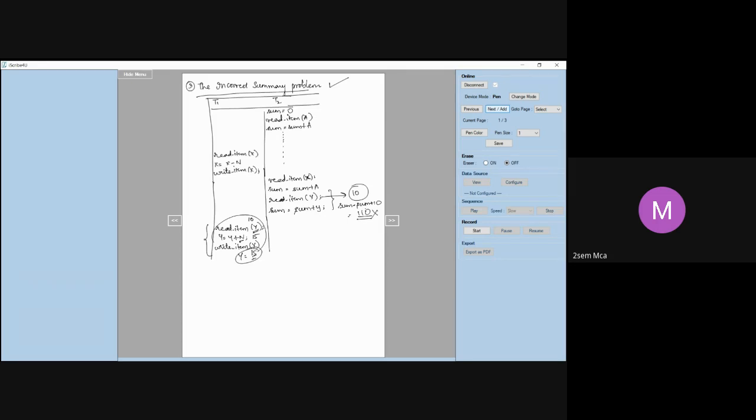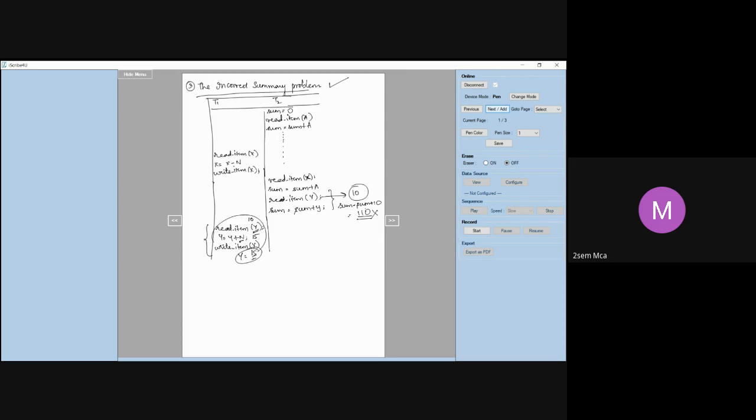You have two transactions which are running. One transaction is only for taking the summary or calculating the sum of all the data that you have. When should you do that? When all the data is completely updated. While one transaction is still updating the data, if another transaction tries to take the summation, obviously there is going to be some mismatch or some wrong values. That is what is shown here.